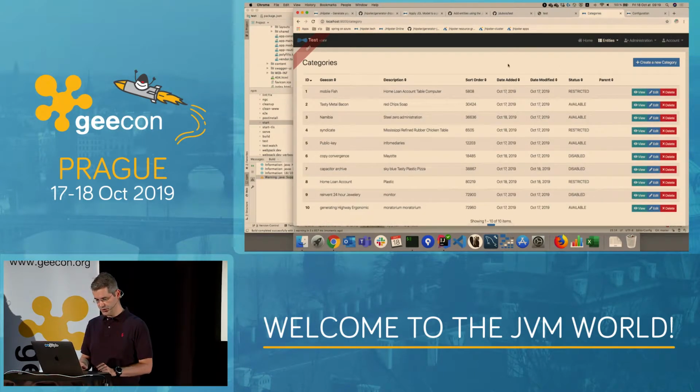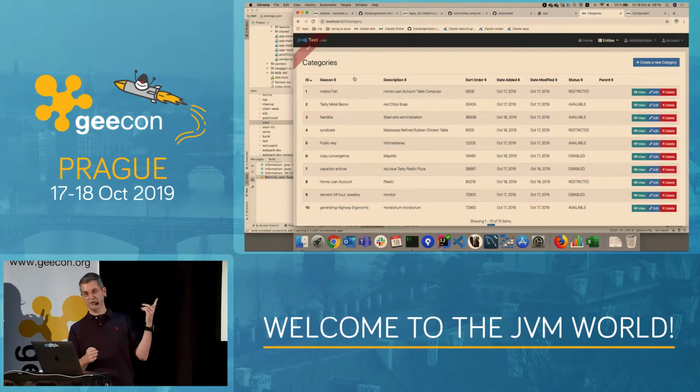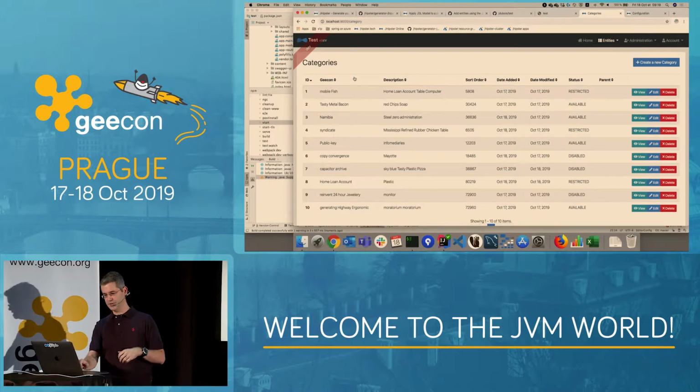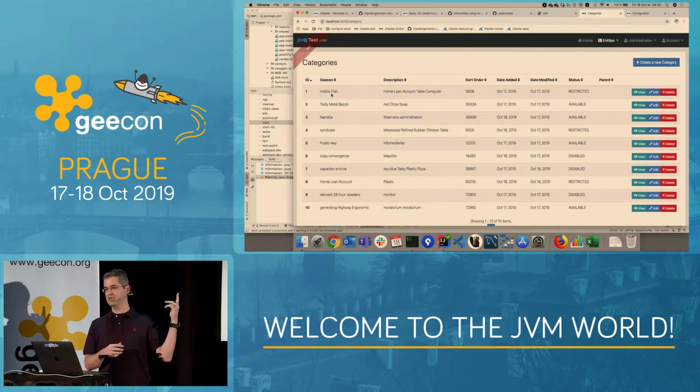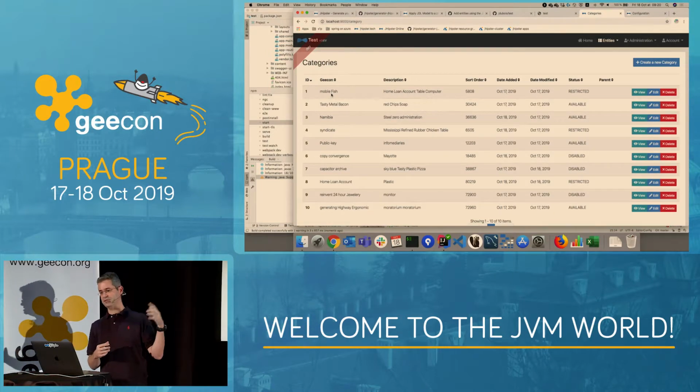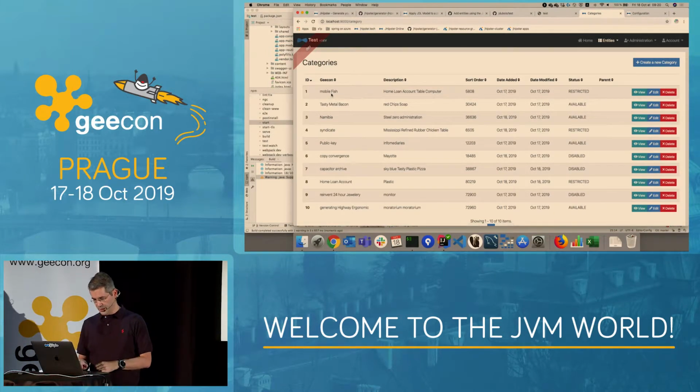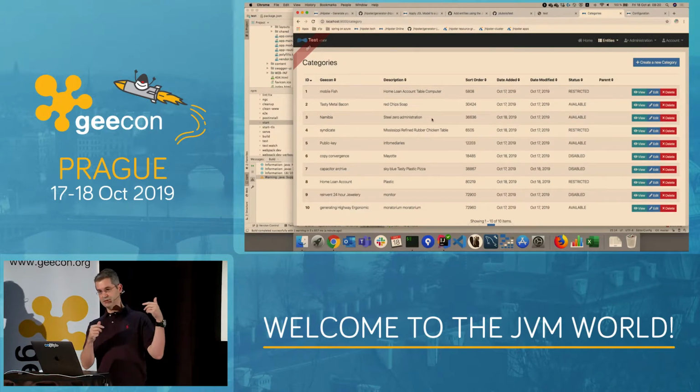Let's have a look at the category. Remember, I added GeeCON. Yeah, GeeCON is here. You can imagine that this comes from a database. So JHipster generated the Liquibase files for the database, including a GeeCON column. It added some sample data, so this is just fake data. It's done with something called Faker.js, which just generates random stuff. That's good for development, because when I arrive, I've got everything working, even with sample data. I've got my data, my database, my Java code, my Angular code, so I have everything for working.